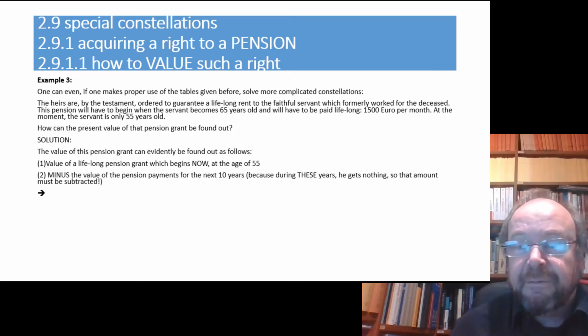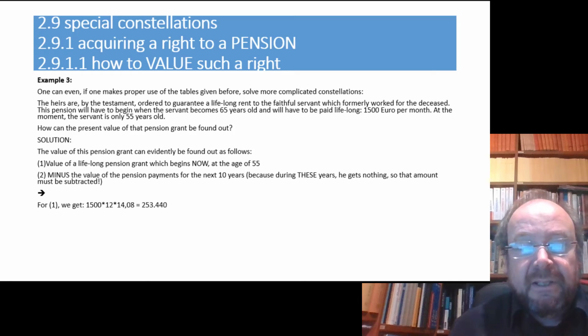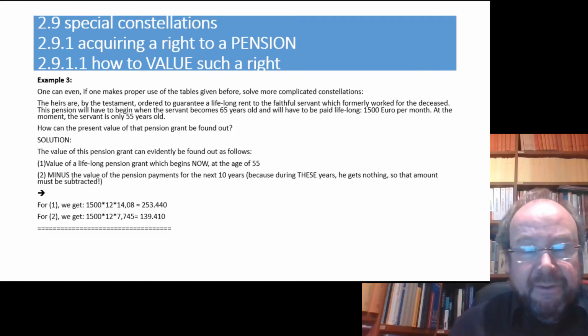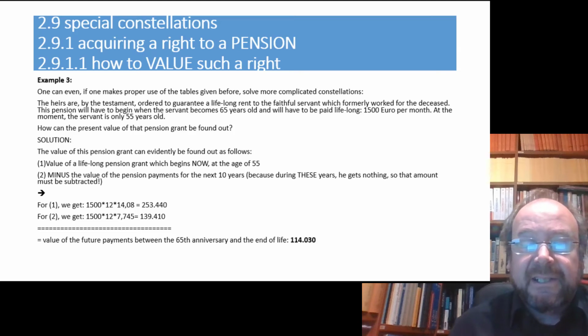Indeed, if we follow that approach, the total value for all payments which would begin now would be 250,440. Now the first 10 years are missing, so their present value is deducted: 139,410, calculated under usage of supplement 9a because the 10 years is a fixed period of time. So the difference is our needed result. The value of all future payments beginning from the 65th year onwards till the end of life of our FFS is then